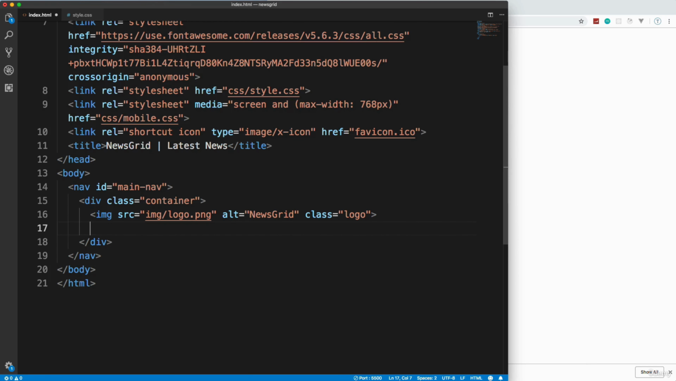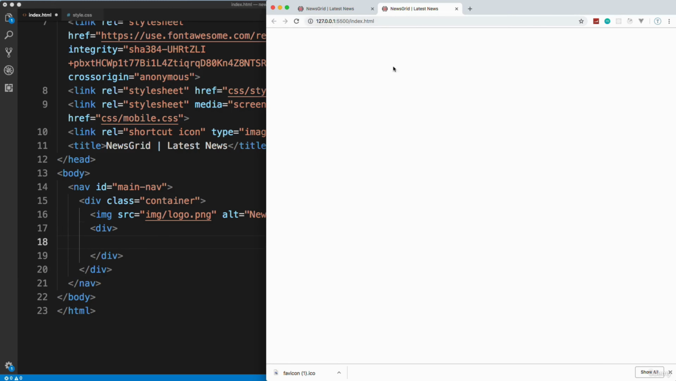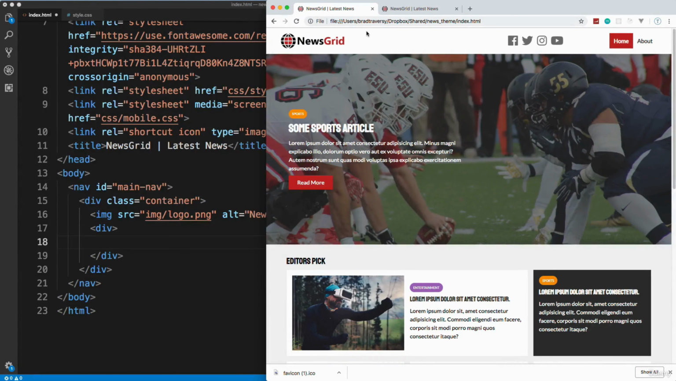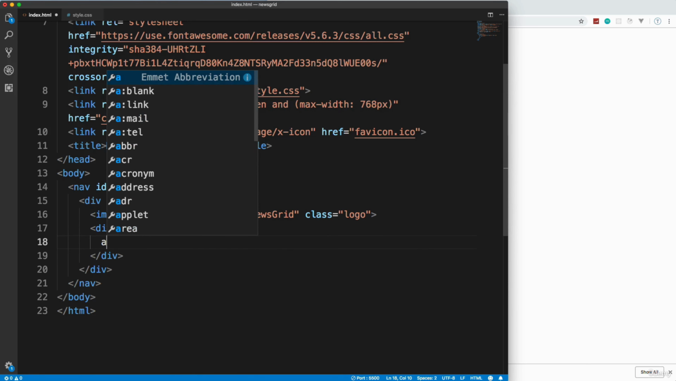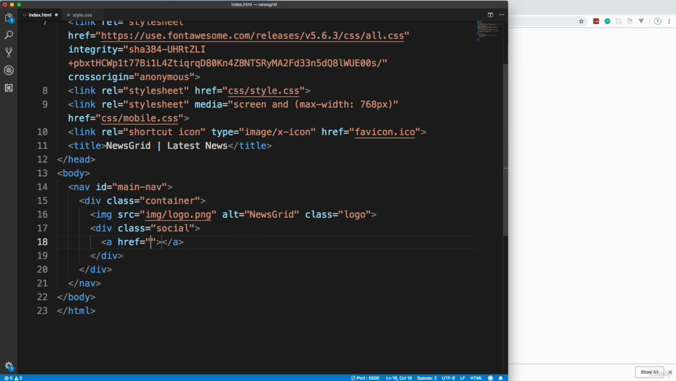And then under that, we want our social media icons. And this is going to be a grid. I'm going to set this to grid. Normally, I'd probably use Flex for this, but I really want to focus on the grid system here. So each one of these will be grid items. All right, so actually, let's give this div a class of social,